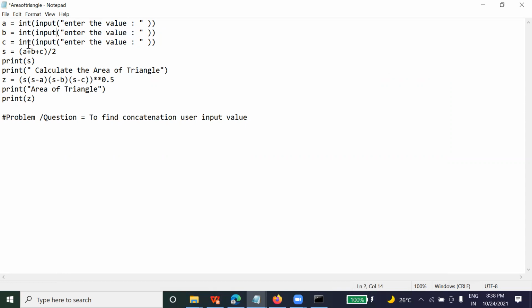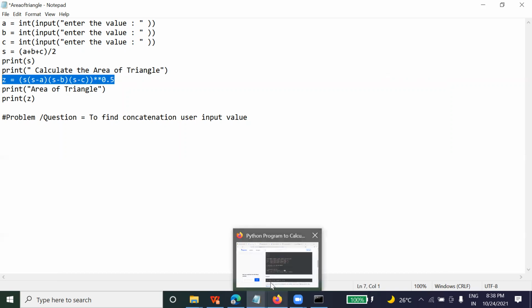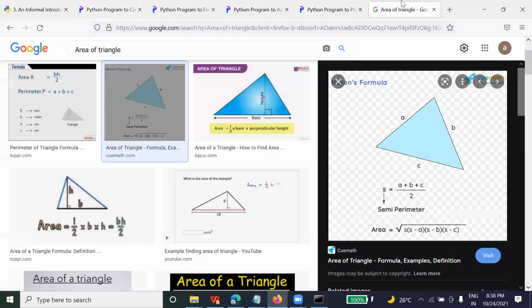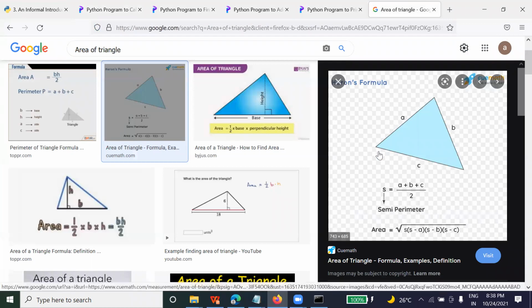ABC are of what type? Numeric type, character type, string type, what type? Character? Why would it be character? If it is character, then will you be able to do the addition, or perform the square root of that? Area means what? Area means the length of this side, the length of this side, length, breadth.